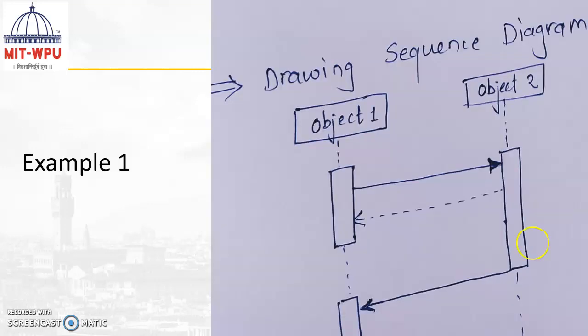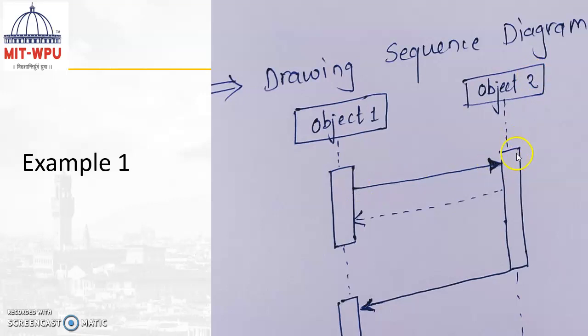Here in this slide we'll see a basic example of how to draw a sequence diagram. So object 1 and object 2 we can represent with a rectangle. Dotted line represents a lifeline, the lifespan of an object. A vertical rectangle represents focus of control. So now in this case, object 1 wants to talk with object 2. For that, object 1 is trying to use synchronous message passing. For that, this notation is used.